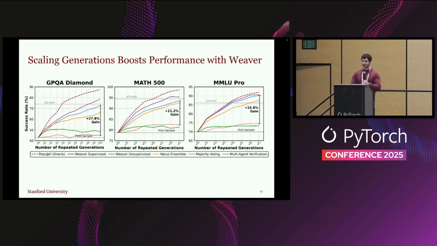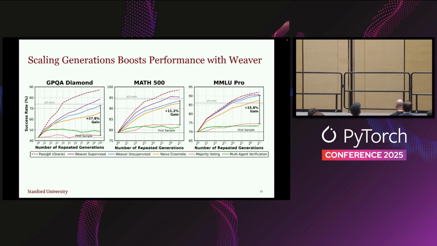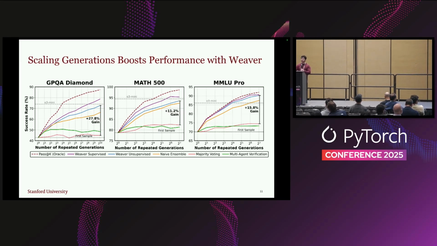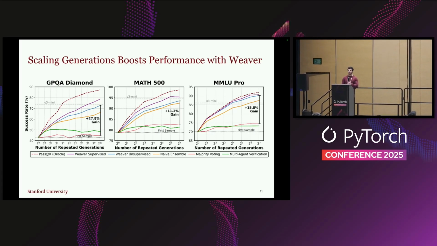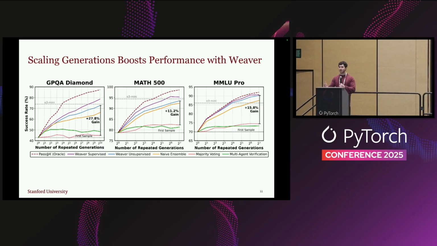And this gap continues to close with the actual Oracle verification, that top dotted line on these graphs, and allows us to even go beyond O3 mini for some of these tasks like MMLU Pro. I think what was most exciting about this is that you could continue to scale compute, and while there were diminishing returns, you continued to see better returns, and so there was value in continuing to push inference compute in this setting.